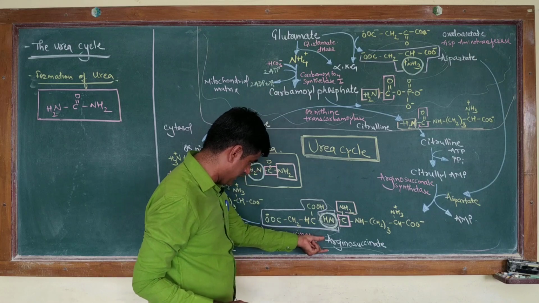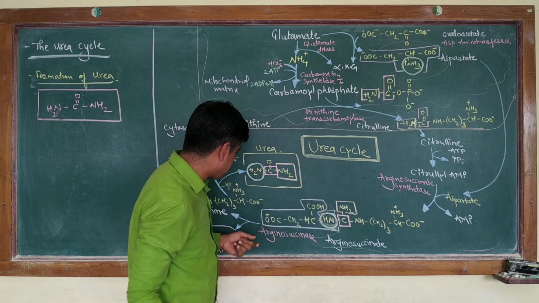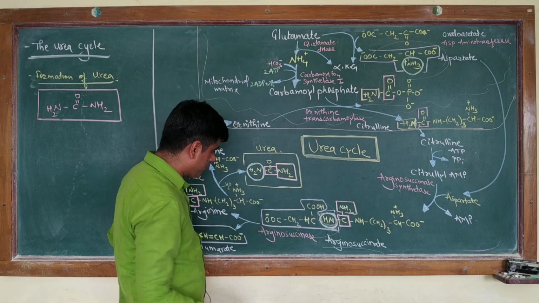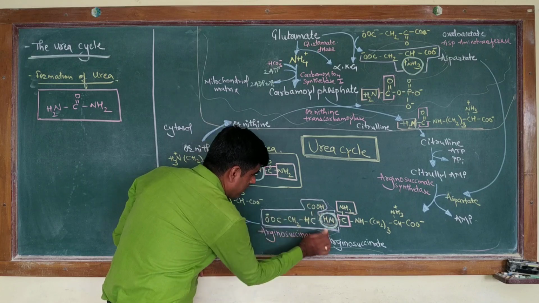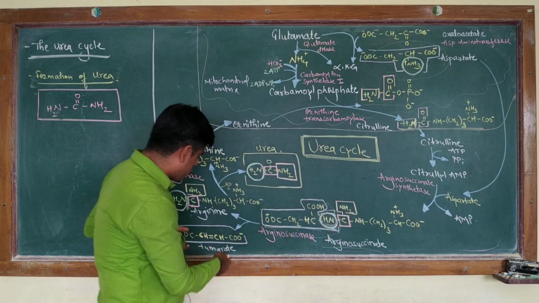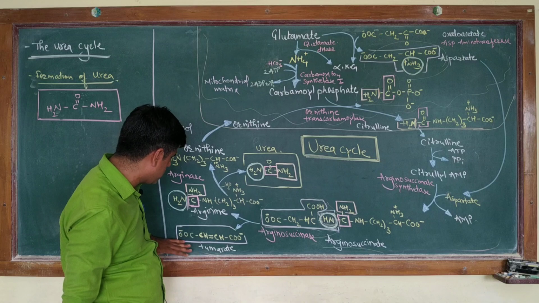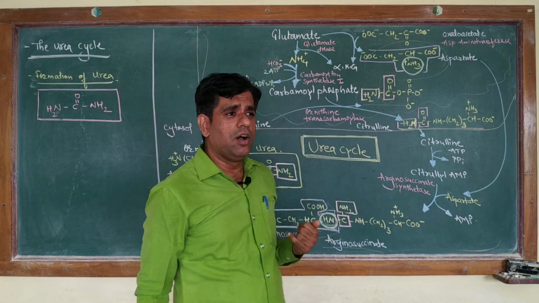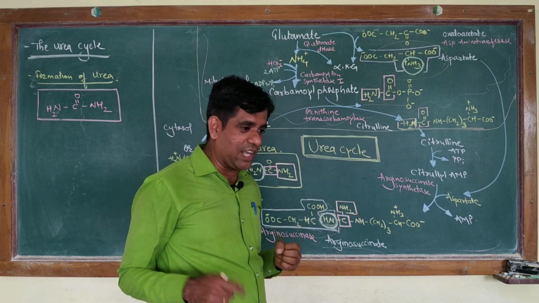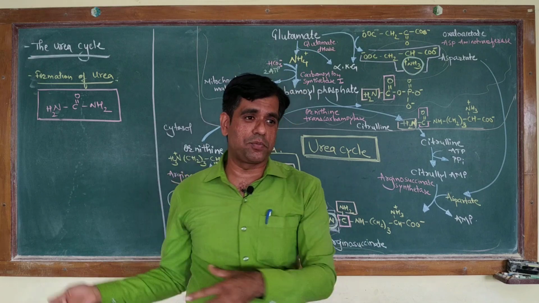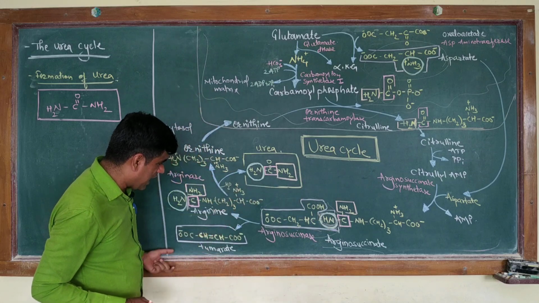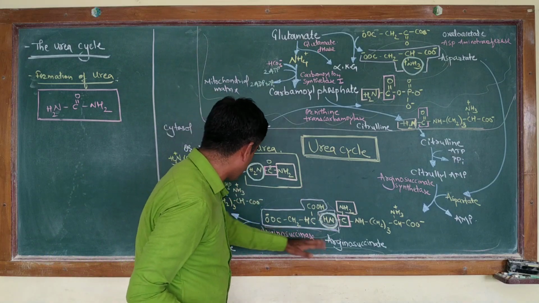And this particular arginosuccinate is then acted upon by the enzyme arginosuccinase. Arginosuccinase catalyzes the removal of this fumarate. So all the carbon skeleton here is removed, leaving the amino group of the aspartate. From the aspartate you took the amino group, and the entire carbon skeleton you removed in the form of what is called your fumarate. Now this fumarate can actually go and enter into your Krebs cycle. So many of the intermediates are linked. Many of the times we call this a Krebs bicycle. Because of the linking of this Krebs cycle and the urea cycle, we refer to this as the Krebs bicycle.